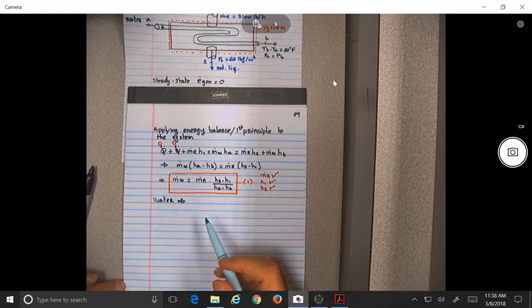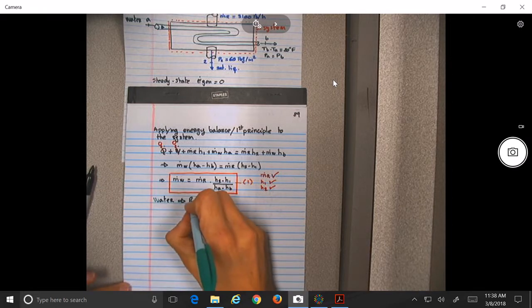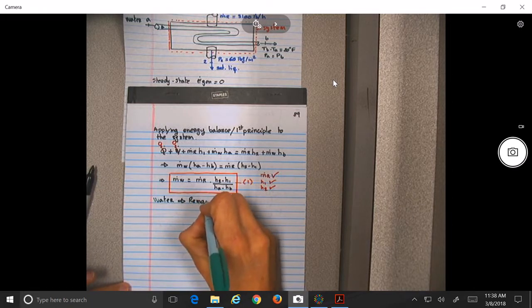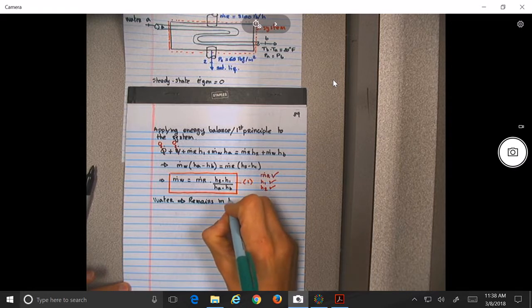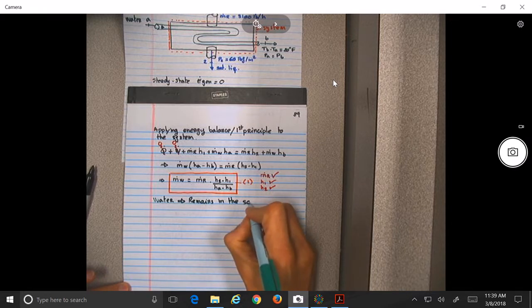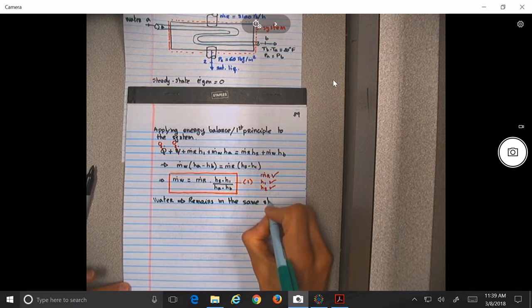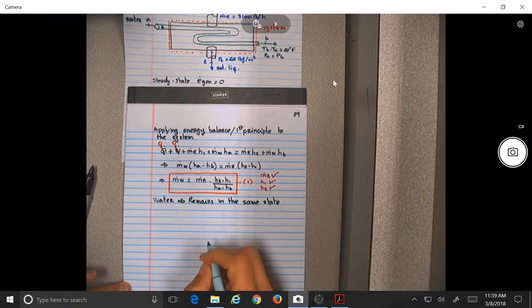So I'm saying it remains in the same state, which would be liquid. Okay? So if it's in the same state,